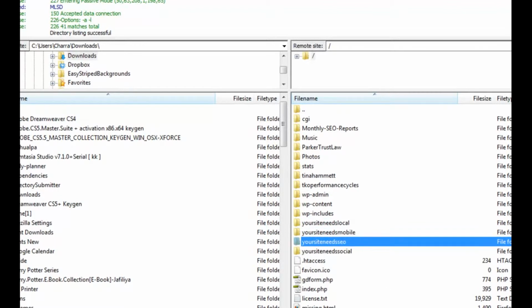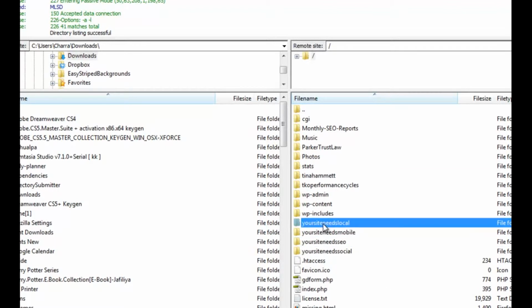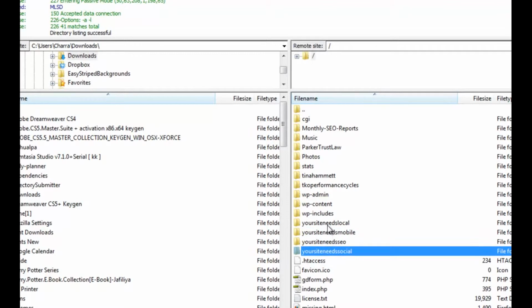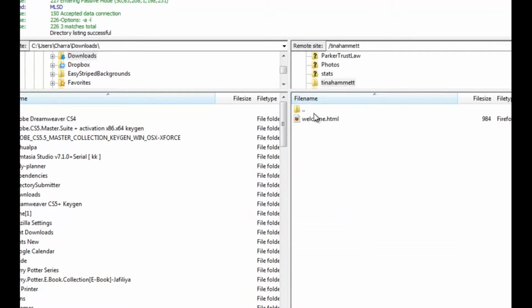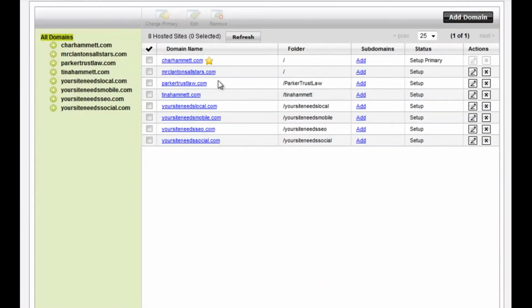This is my main hosting, and then these are each of the individual sites that I've created, and I can tell which one they are because I've named the folder for the site. So that's how that works. The first thing that I'm going to do is make sure that I have set up my domain, and I'm going to come here and make sure that it says setup right here, that it's not pending setup. It has to be set up. I'm going to go back to my home,